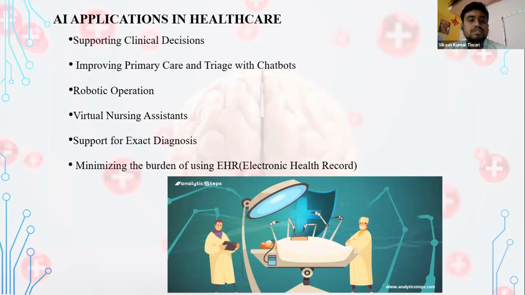Some applications we use in the healthcare systems are supporting clinical decisions, improving primary care, robotic operations, virtual nursing assistants, support for exact diagnostics, and minimizing the burden of using EHR. Some major applications which are very beneficial for us are robotic operations. Nowadays it has probably not started everywhere, but our scientists are working on it. And I think it will come so fast that we can get good operations